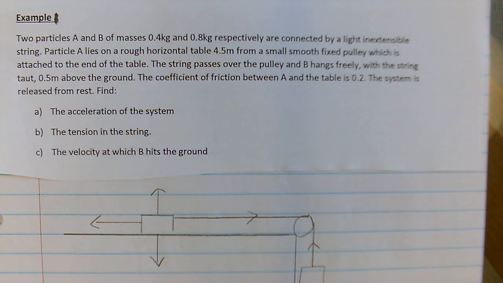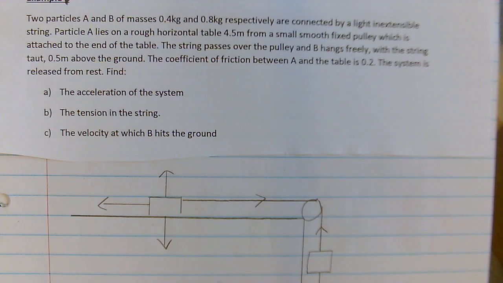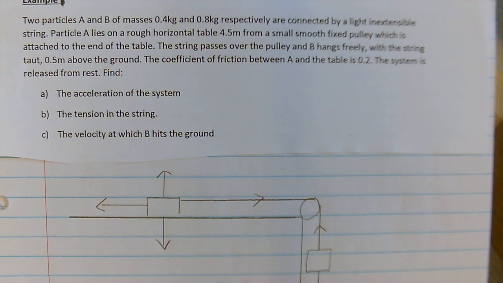Okay, example 1, you've got two masses A and B with masses 0.4 and 0.8 kilograms respectively, connected by a light inextensible string. Particle A lies on a rough horizontal table, so this bit here is rough, 4.5 meters from a small smooth fixed pulley